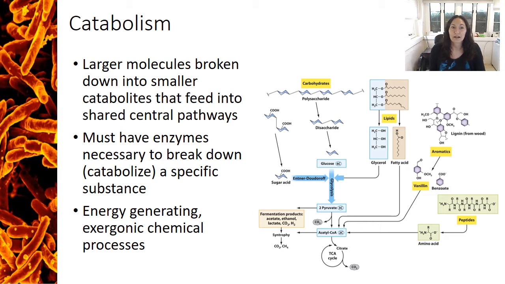pathways that are found in a cell, as well as the pathways involved in breaking down large molecules into their smaller catabolites. Many of the small molecules will then feed into similar pathways. For example, carbohydrates funnel into glucose catabolism, while fatty acids will enter that same pathway, but at the acetyl-CoA step. It's important to remember that bacteria are very metabolically diverse, so some species will be able to break down multiple different carbohydrates in different ways, while others might use lipids and others might not be able to break those